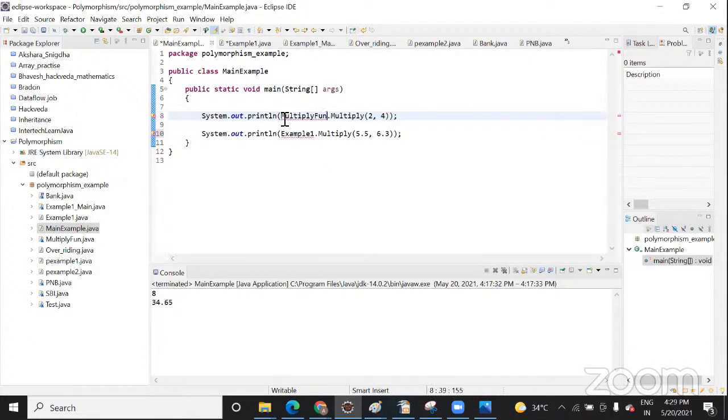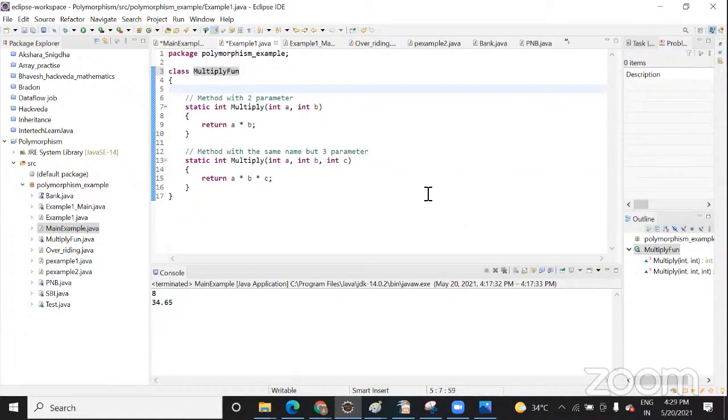Just 1 minute. Yeah, what are you saying? Can you open example one? I'm just saying that you have declared here multiply fun, and here is example one. So that's why it is giving error. No, you can do it. This is static.